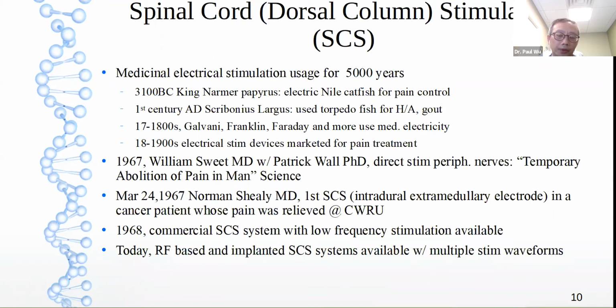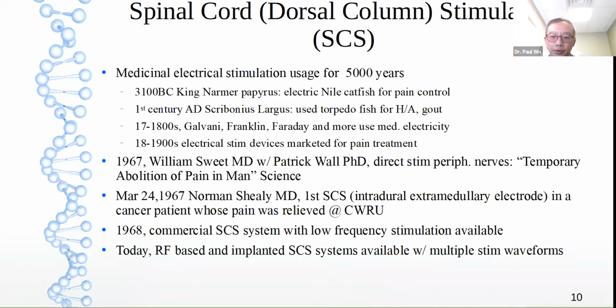In the 1800s and 1900s, there actually were electrical stimulation devices marketed for pain treatment. This was more along the lines of superficial stimulation. In 1967, Dr. Sweet and Dr. Wall collaborated and used electrical stimulation for peripheral nerves and actually published in Science. In 1967, a neurosurgeon by the name of Norman Shealy was the first one to use a spinal cord stimulation system,